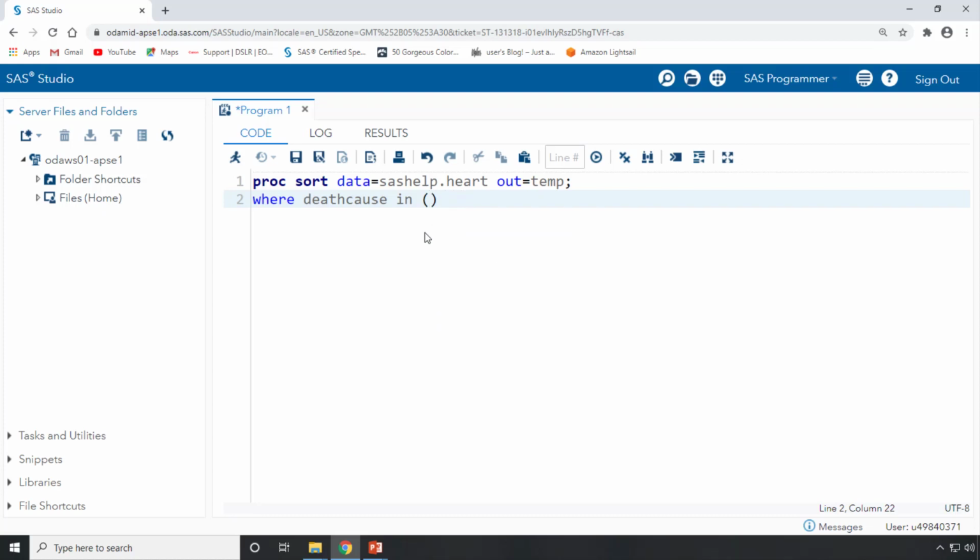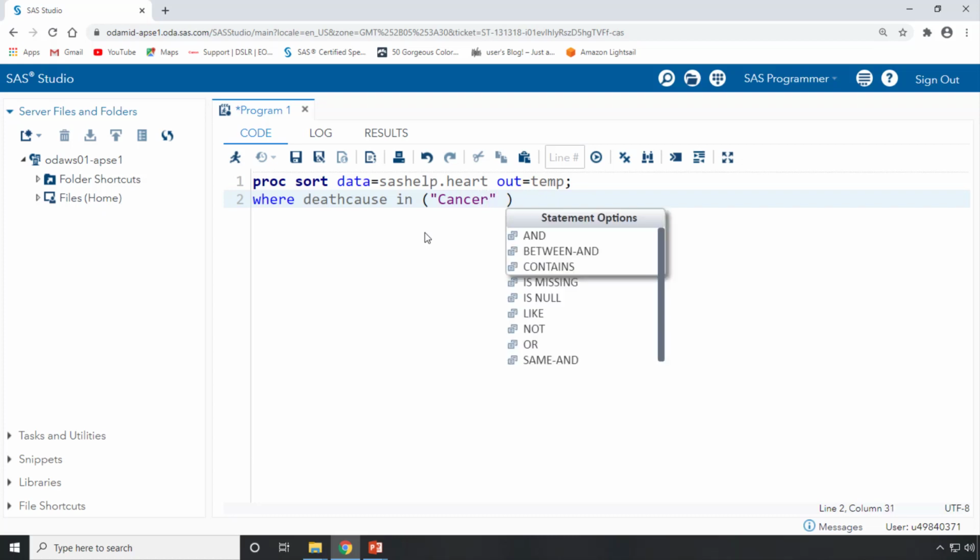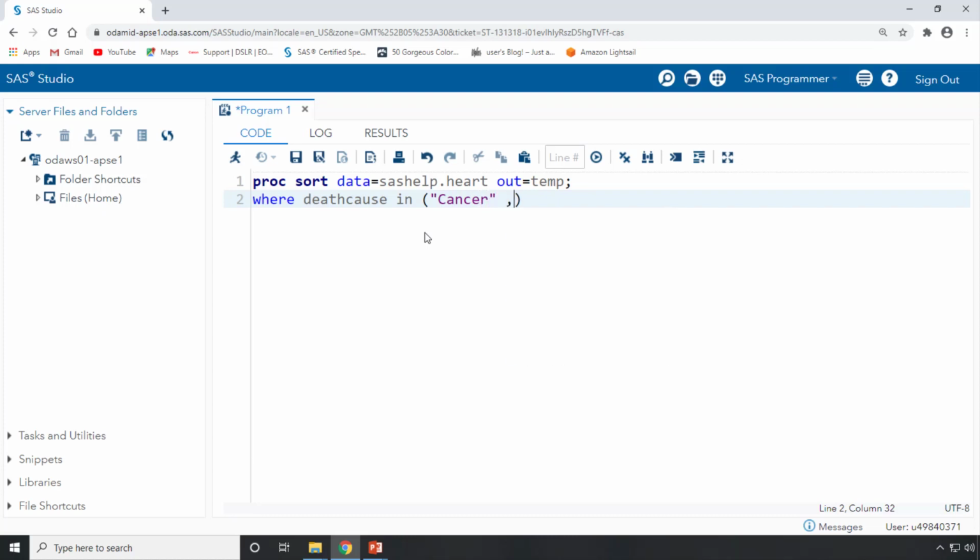Make sure this value is in quotations because it's a character value. I also capitalize the C according to the question. Cancer, and I can select another value also. Either I can keep the comma here or without a comma it will also work. For good programming practice, always keep the comma.